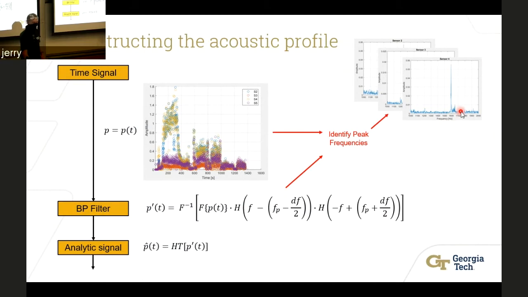So it took a lot of trial and error to determine that our bandpass filter frequency needs to be on the order of around 60 hertz so that we're able to isolate the peak frequency. And we then had to test if that frequency was sufficient by going through all of our data. And there were a couple cases where 60 hertz was still too large of a bandpass filter frequency.